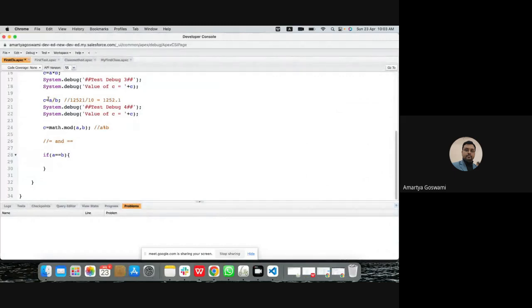So here this equal to is called assignment operator. The name of this operator in programming terms is assignment operator. What it does, it assigns the value of whatever is in the right hand side to the left hand side. So always remember,